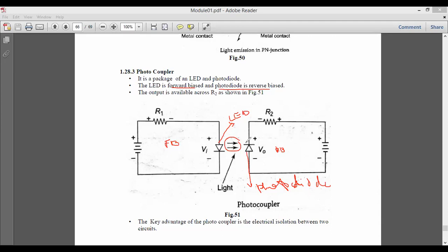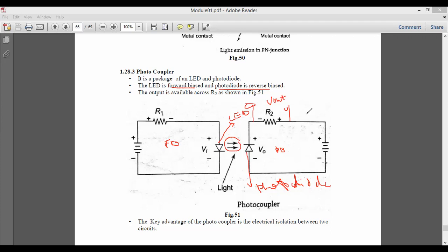Once it emits light, the light will fall on the photodiode and it will start to conduct, because an excess amount of holes and electrons will be generated across the junction of that photodiode, and then the current will be available, or the output will be available across the resistance R2. When you measure the voltage across this resistance R2, you will find the output voltage.